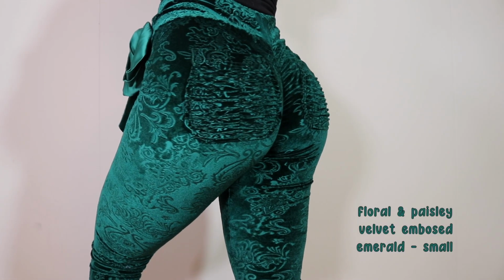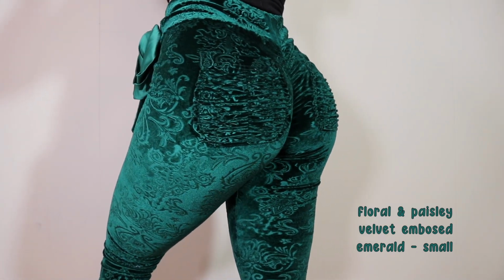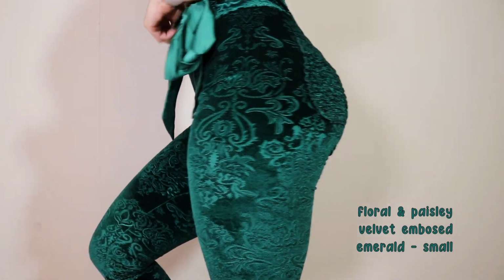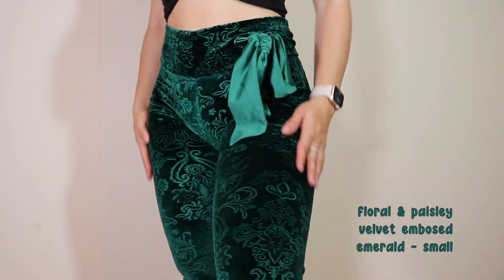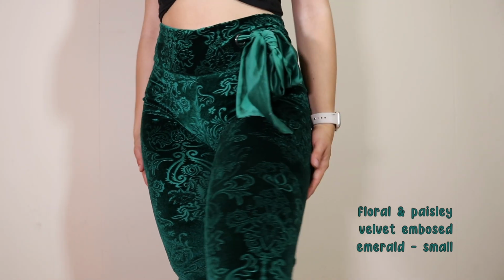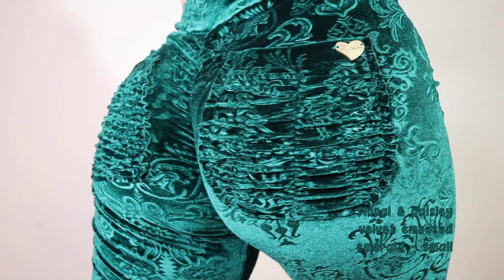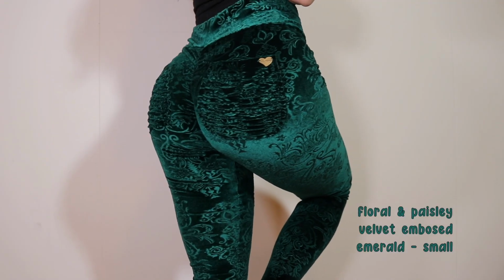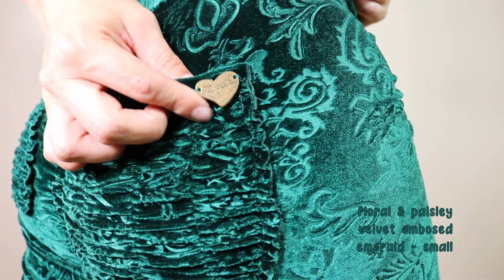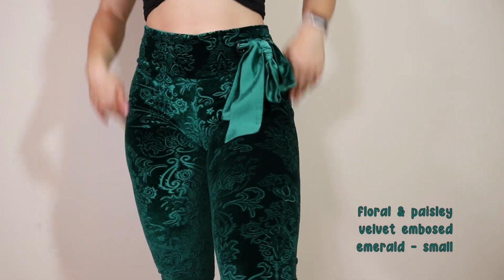And the last one with the print I have is this one, which is also very different. This one is again kind of like that velvety material. This one is very unique though, because as you can see, it kind of like shines, especially with the lights I have on. It kind of reminds me kind of like a very old carpet. I don't know why. Still, it is very beautiful. It is super stretchy, even with that velvety fabric. Super comfortable, and I think it is very flattering. This one also has a regular heart plate, and the tie is this kind of like satin green tie, which